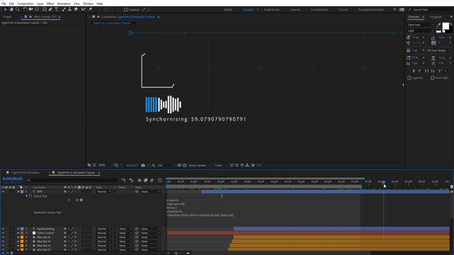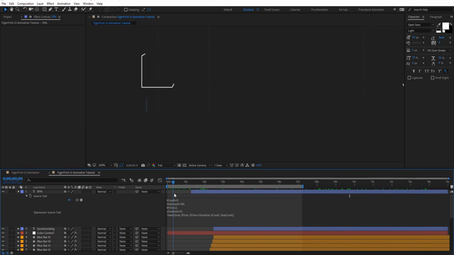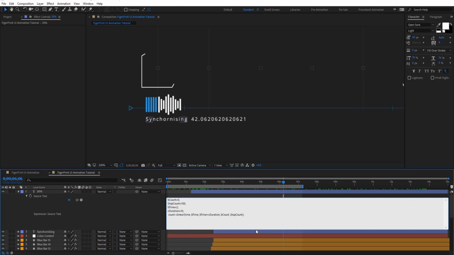So it's not going to stop at 10, but it's going to stop when 10 seconds has passed, so it's going to stop at 12. So we can change those variations. And to get rid of these decimal numbers, let's create a variable for this linear expression, and then